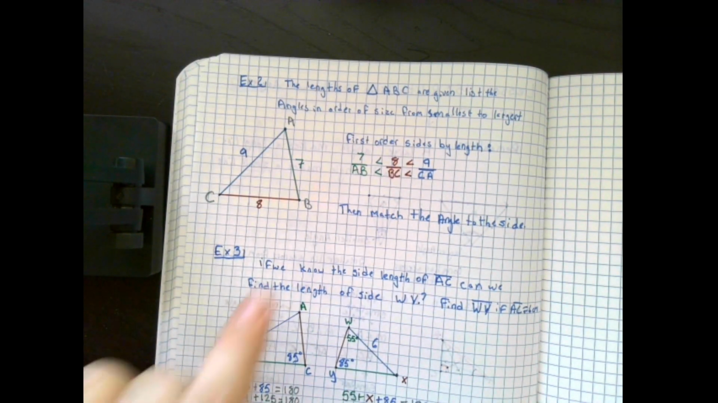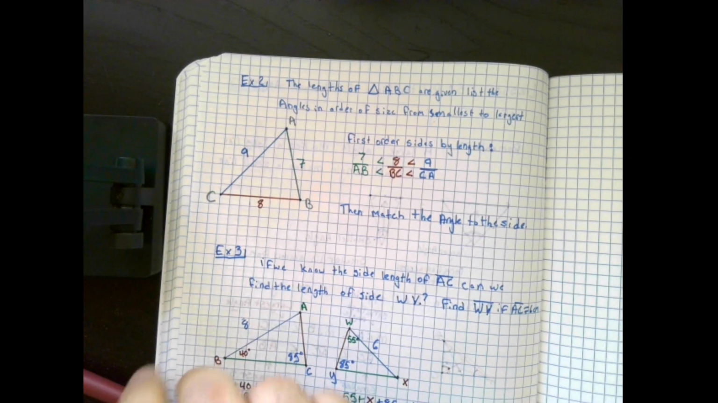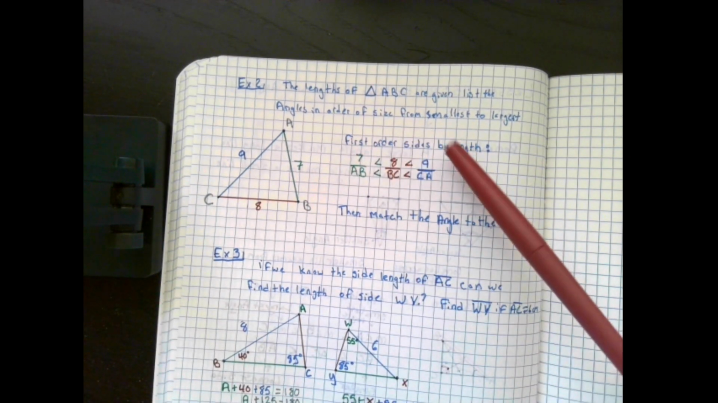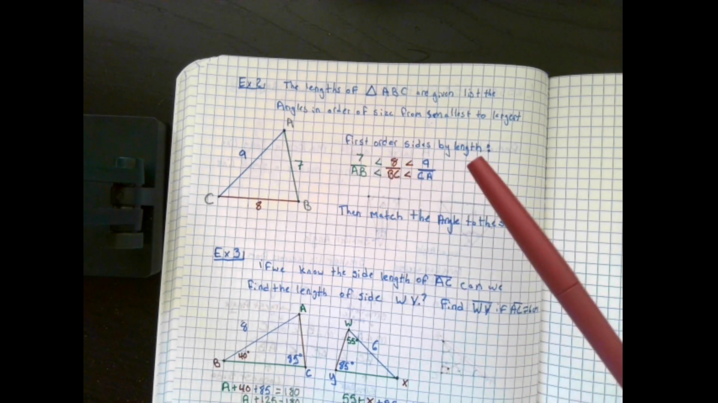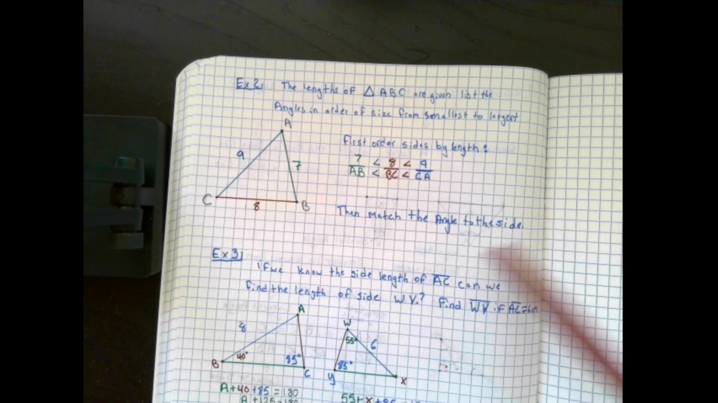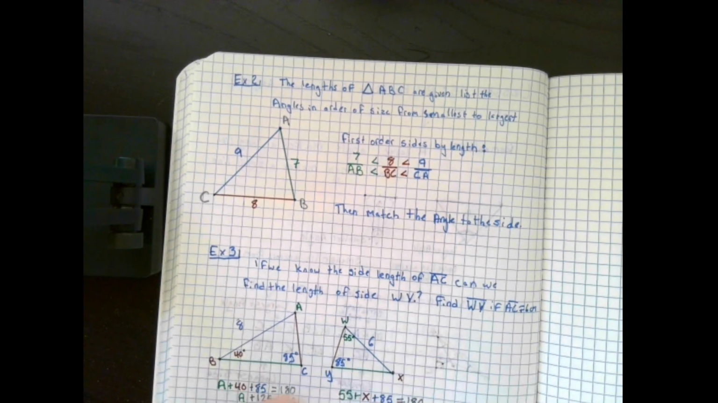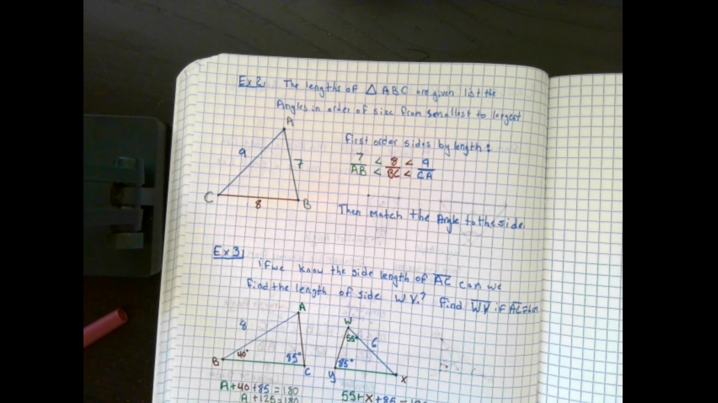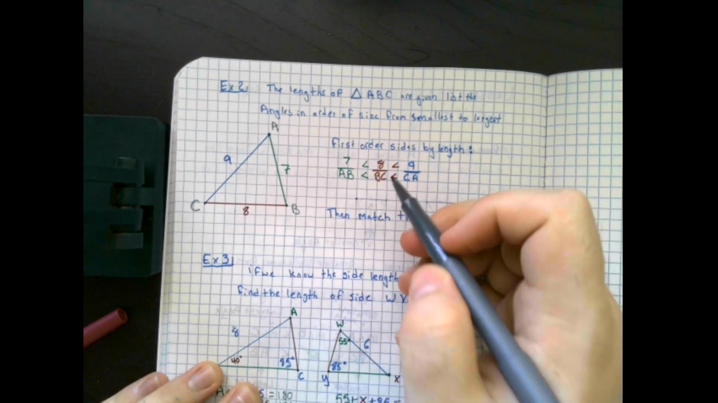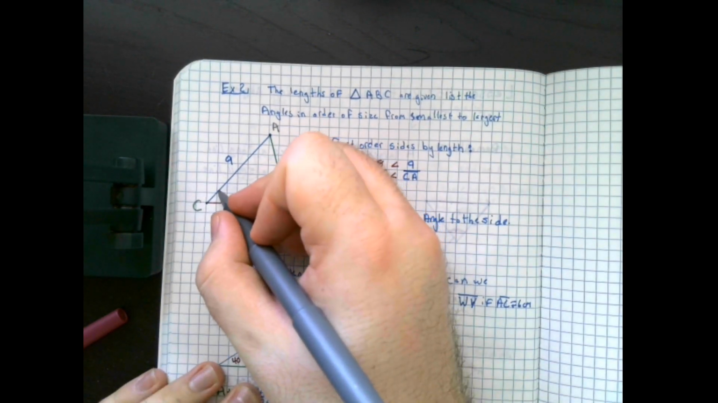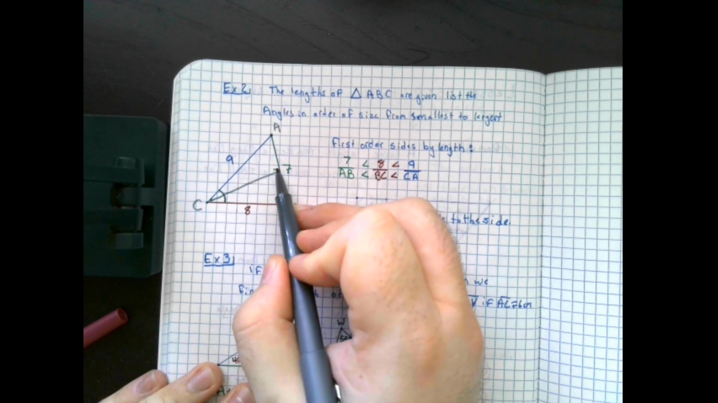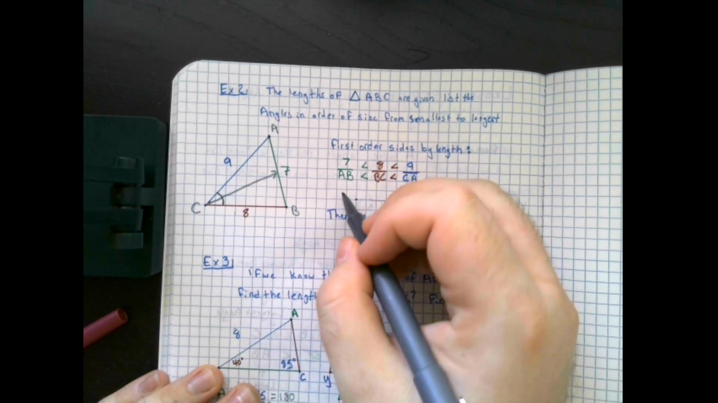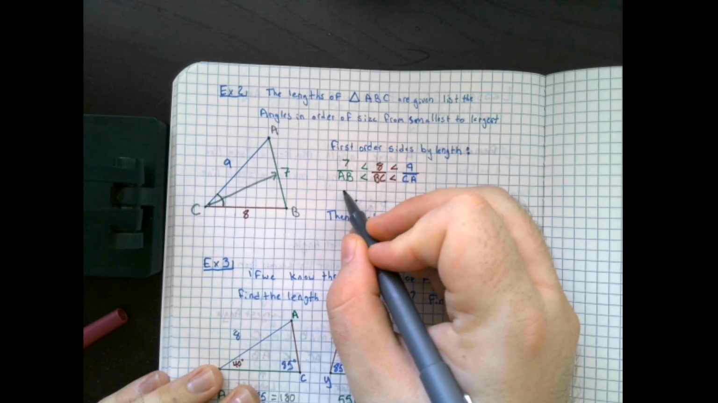So, first we're going to order those side lengths by length. So, 7, then 8, then 9. 7 was AB, 8 was BC, 9 was CA. And then all we have to do is say which angle creates AB. Well, that angle is angle C. So we're going to have angle C